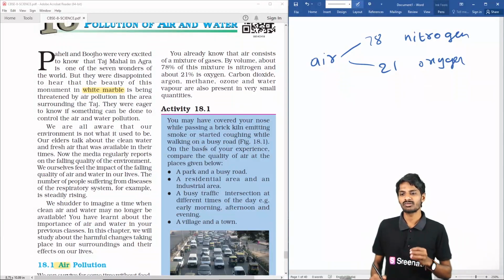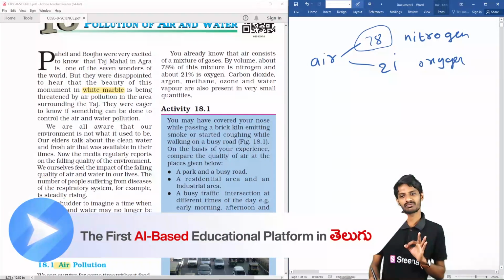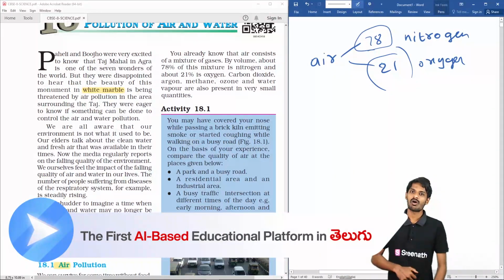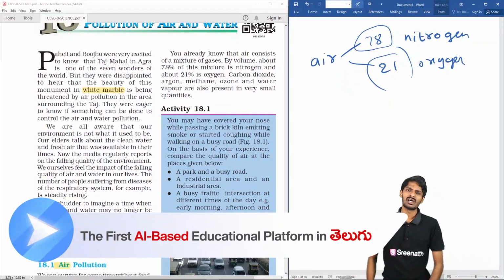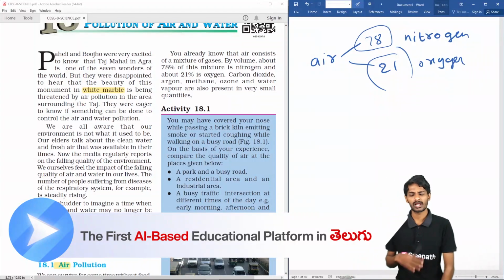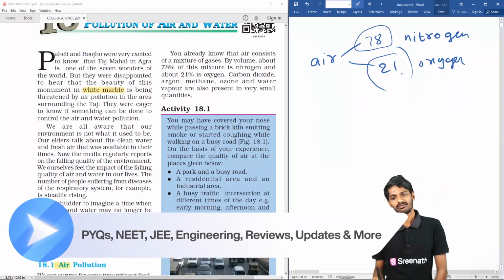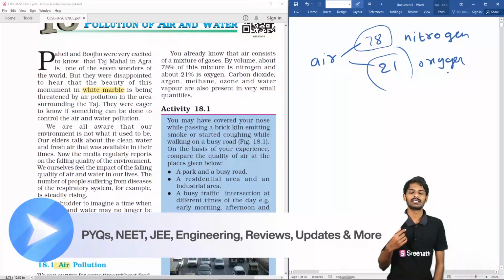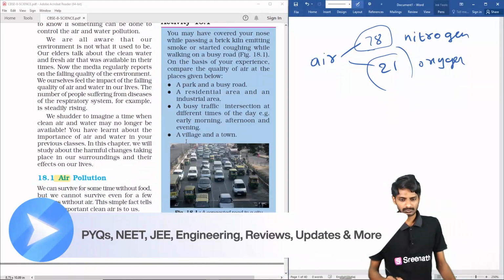If there is 78% of nitrogen in the air, it is good, and if there is 21% of oxygen in the air, then it is good. Minor percentages of carbon dioxide are okay, but if their percentages increase, and suppose if the percentage of oxygen decreases, then it is not good for our health. Okay students,